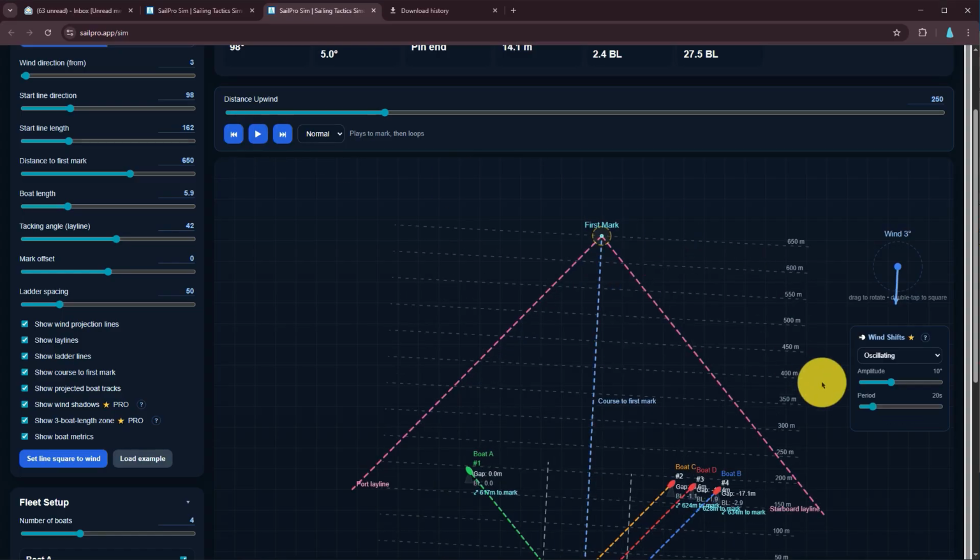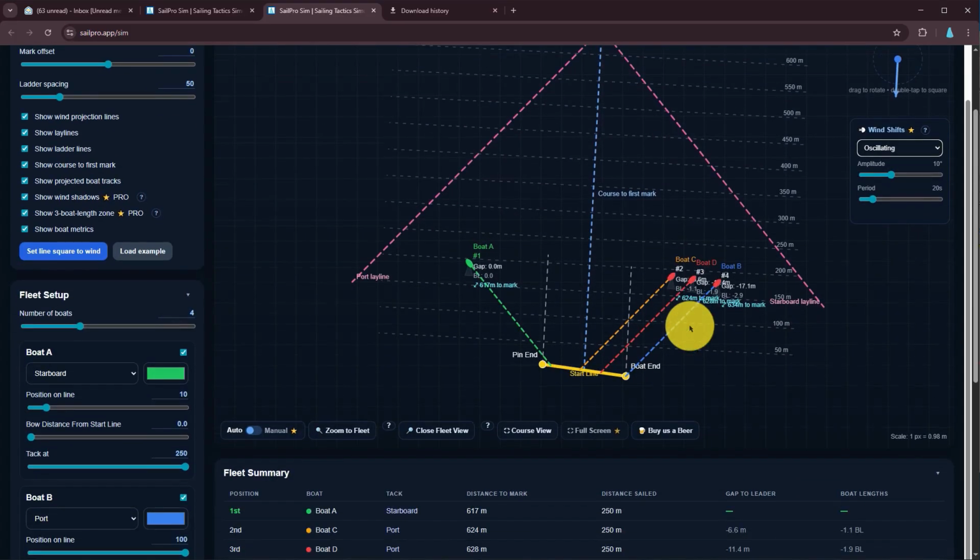All right, and then you can do that for either oscillating or a persistent shift. Oscillating means it'll swing backwards and forwards. Persistent means it'll just move to one side and stay there. Underneath that, we've got our,